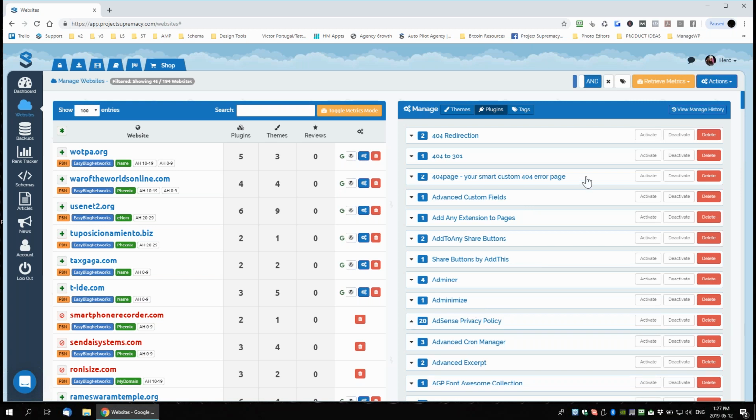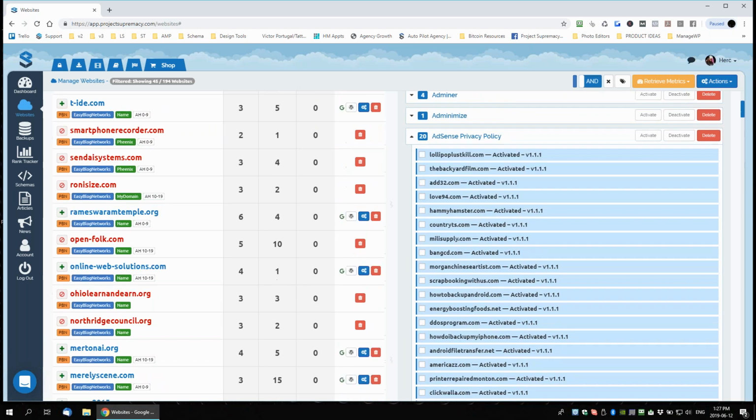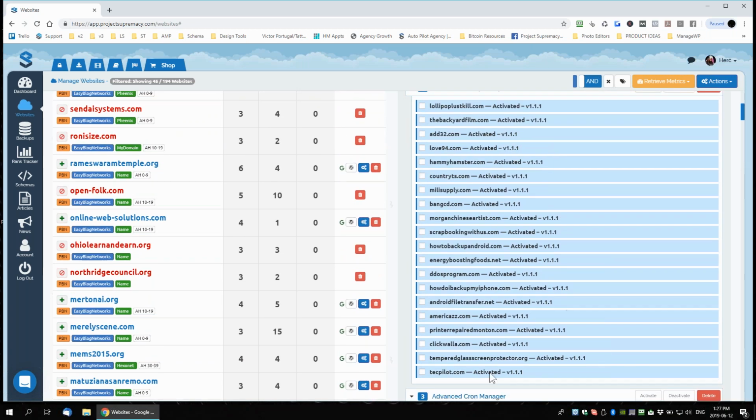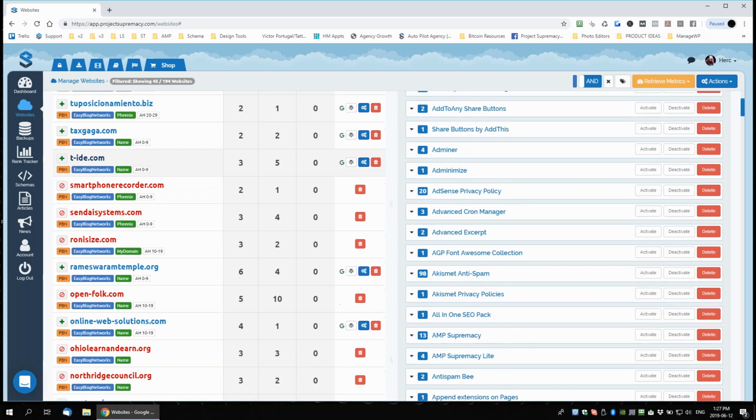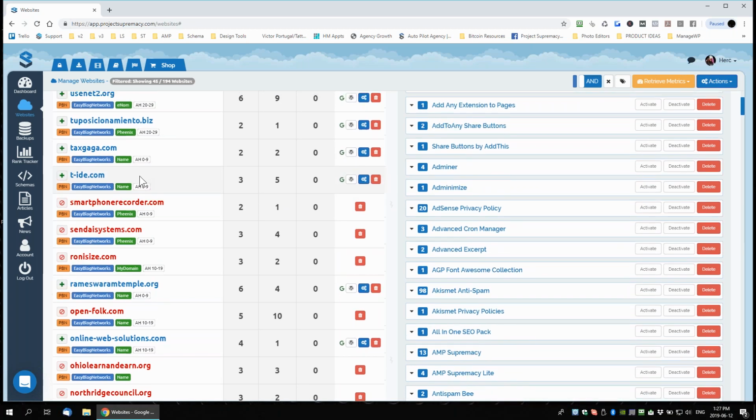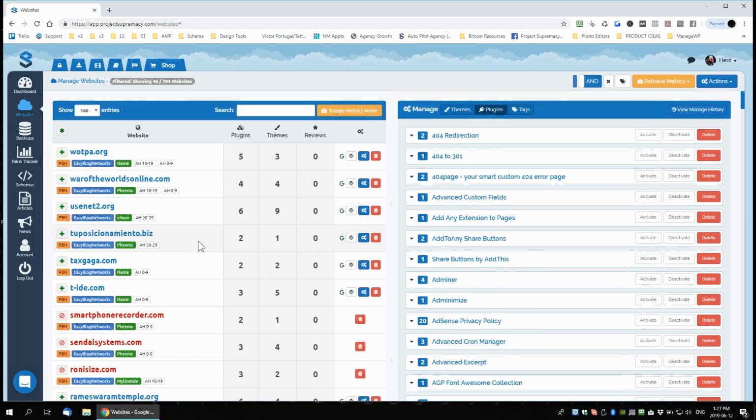So if I want to see a certain plugin, I can see AdSense privacy policy is pretty much activated on this group of sites. I can deactivate it, I can activate it, I can add a group of plugins to this group of sites, I can delete a group of plugins from this group of sites. So the whole thing is just designed to help you do things that you used to do singularly and manually, but now you can do them in bulk. So it's a pretty amazing piece of software just on the WordPress management side of things,